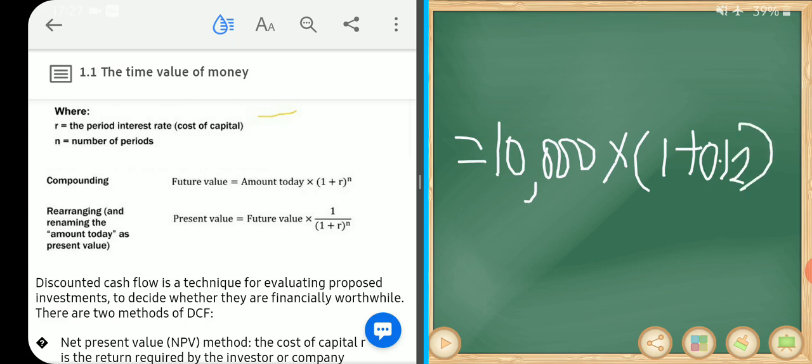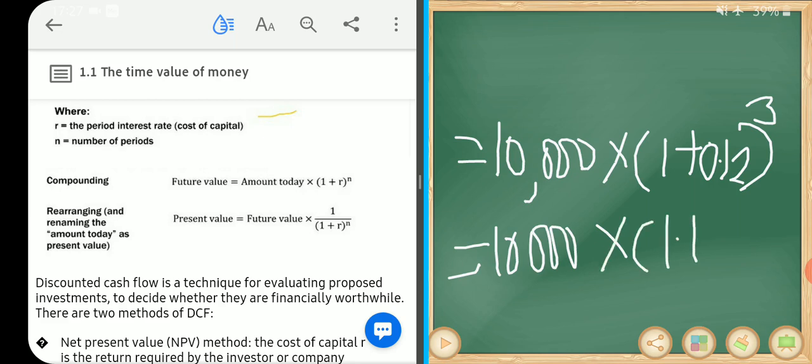Let's say we're expecting the value in the next 3 years. So that will give us 10,000 times 1.12 raised to power 3. If we calculate it, 1.12 raised to power 3 will give us 1.405. So that times 10,000, we get